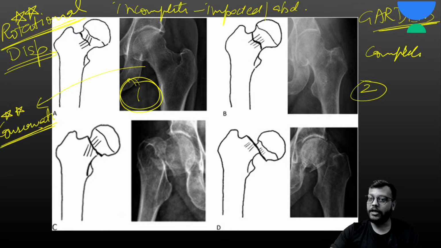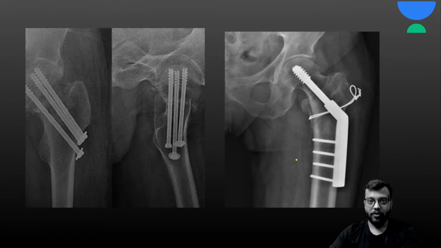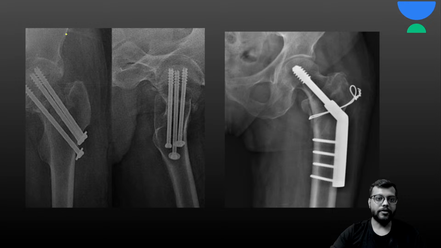Now in third and fourth, the fracture will be complete and displaced, but in third the displacement will be less and in fourth the displacement will be more. In the fourth, the displacement is so much that the head and the remaining neck will not be in contact with each other, so the head will be in the normal position inside the acetabular cavity. Very important. Okay, now the treatment of neck of femur in adults: you can go for corticocancellous screws like this,